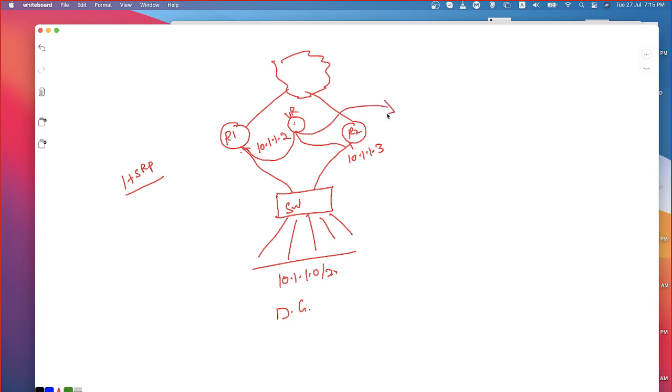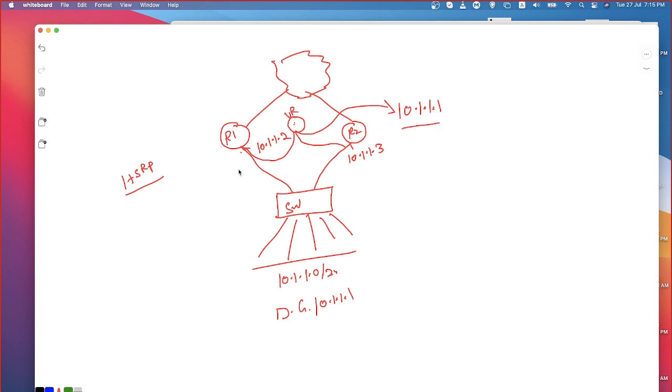Since it is a router, even though it is virtual, we have to configure an IP address for the interface. I can configure that IP address as 10.1.1.1. It can be anything. I'm just telling you an example. Now, all of my internal people will have their default gateway as the virtual router's IP address. Because of that, the traffic will be forwarded to the virtual device, not to the physical device.